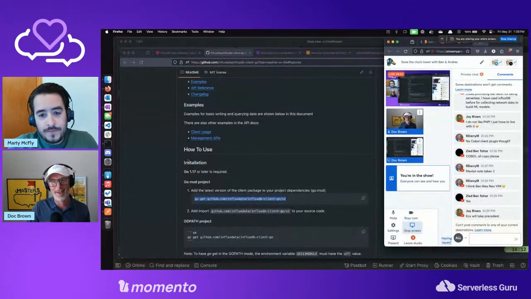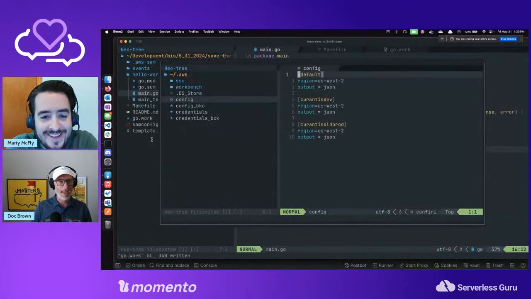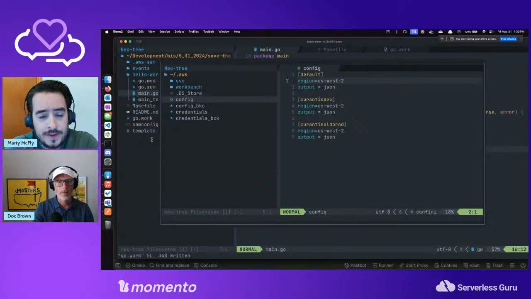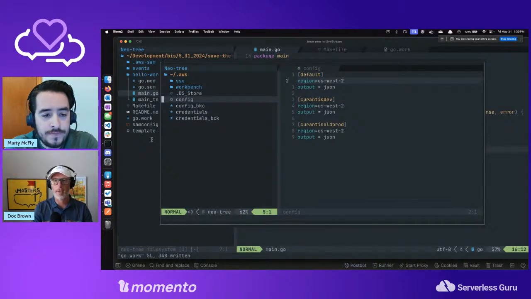I actually did something, and this is kind of funny. I learned something new the other day, and you're going to go, wow, you really didn't know that. And I'm going to go, yeah, I really didn't know that. I actually broke up my config and credentials. I used to always put all my credentials in my config.